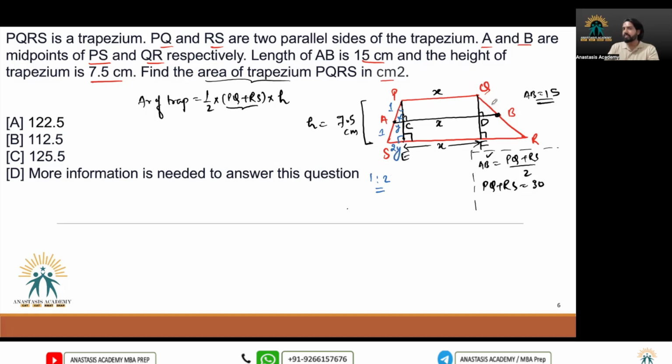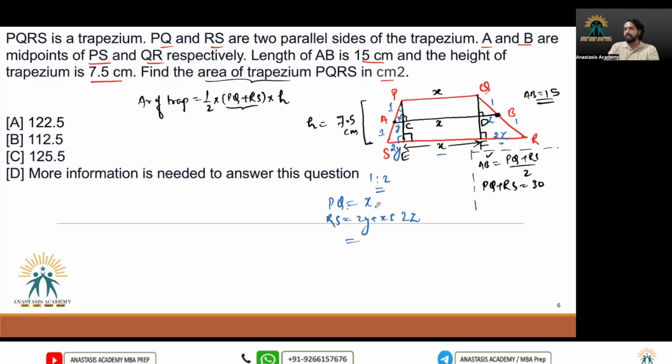And similarly for these triangles QDB and QFR, if you assume this side as z, it becomes 2z, right? Because these triangles are similar and the ratio of their corresponding sides is 1 is to 2, because B is the midpoint, correct? So this is z, this is 2z. Now let's just write PQ plus RS. From here, PQ is x and RS is 2y plus x plus 2z,